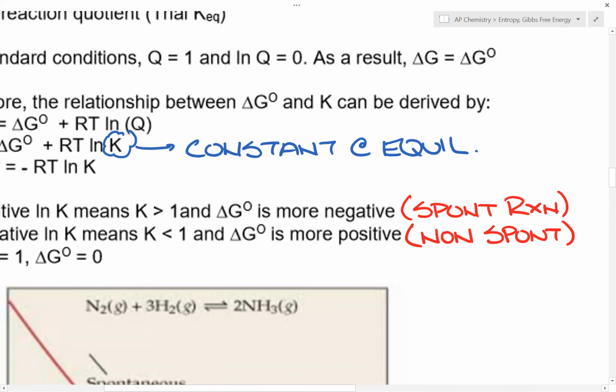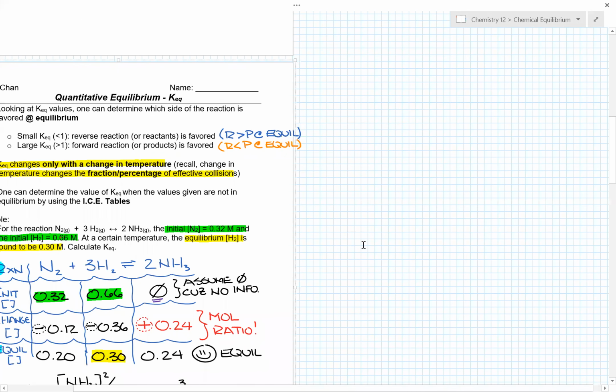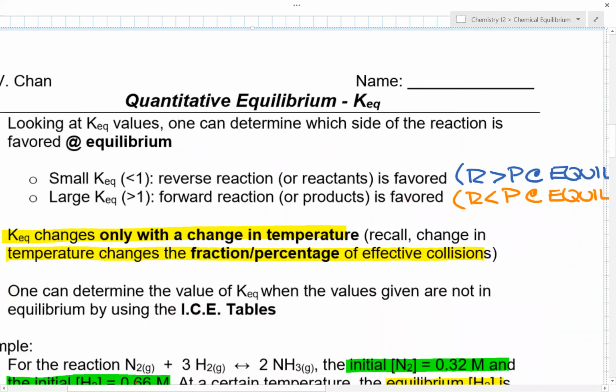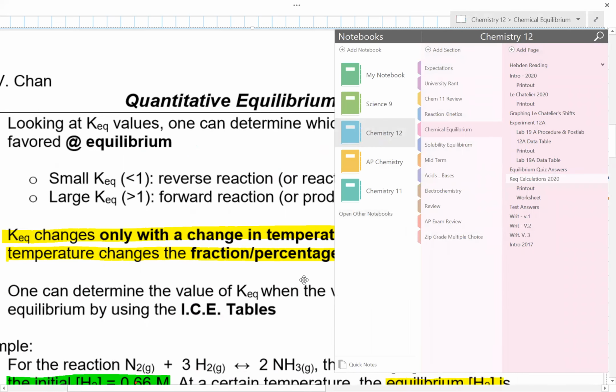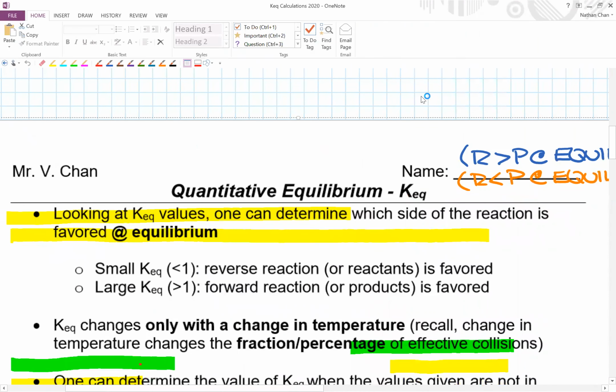Now, again, goes back to our equilibrium, where you have small KQ less than 1, reverse reaction or products is favored, or non-spontaneous. Okay? Now, the other thing that we talked about here, back when we did equilibrium,